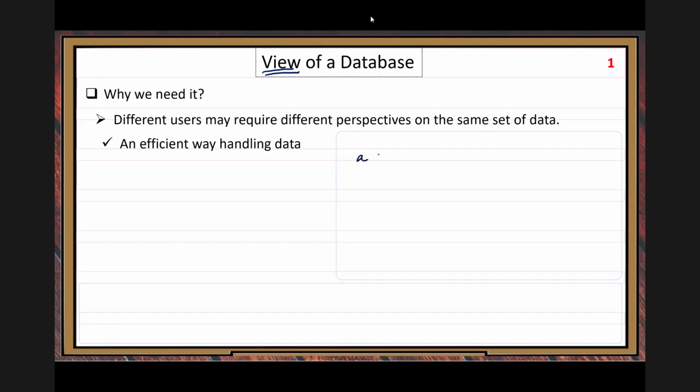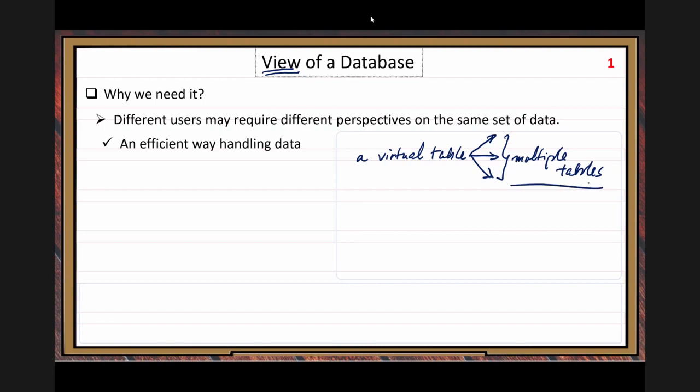A virtual table, because it's derived data, may rely on multiple tables, not a single table, multiple physical tables.